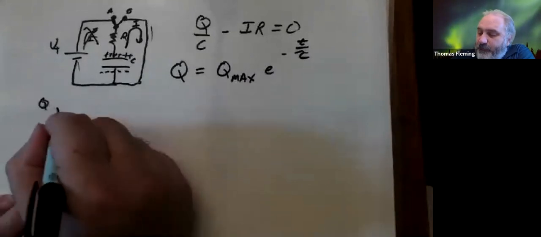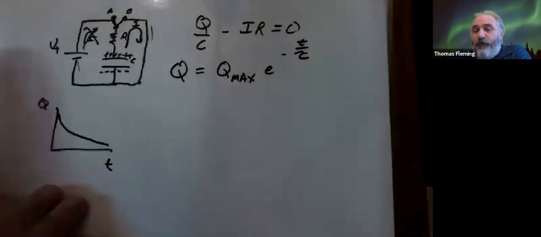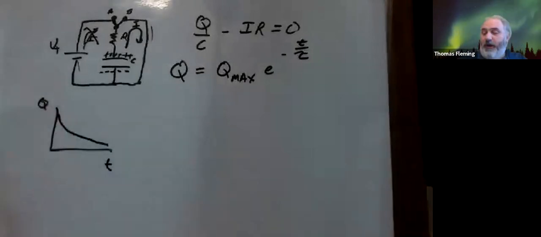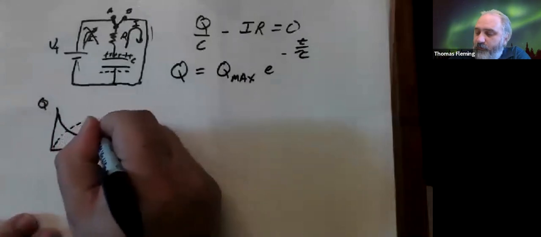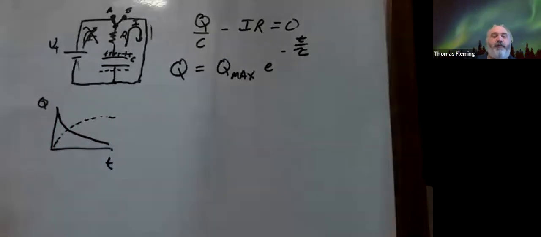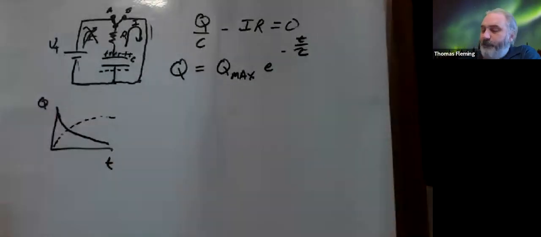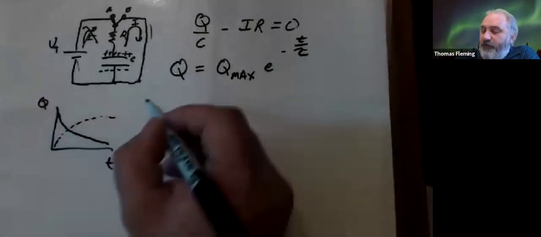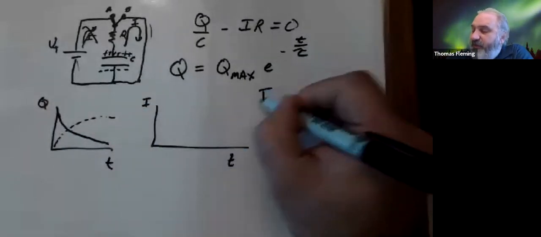Graphically, it's basically just the reverse of what it was like when it was charging up. When it was charging up, it was like the same curve kind of flipped upside down. It's reflected. So this is what it's going to look like when it's discharging. The current looks exactly like it did